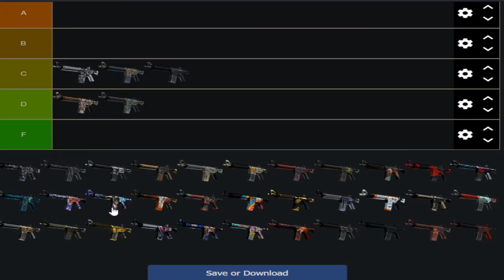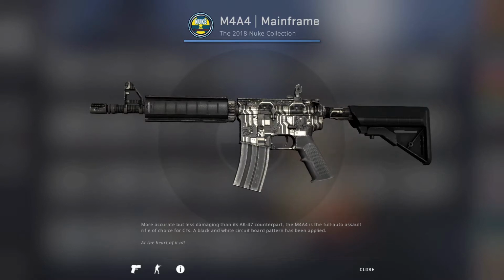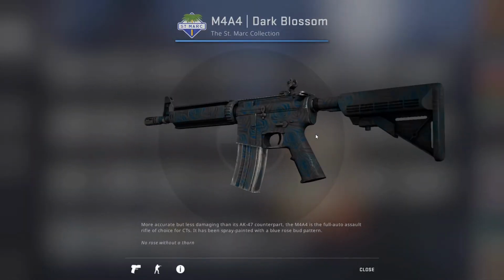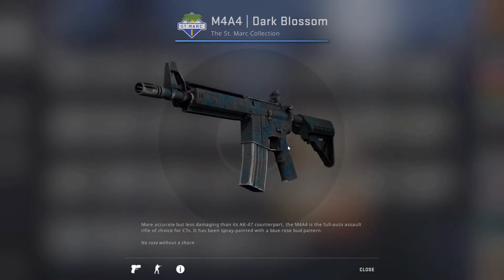The design is not... Maybe if it was on the whole weapon, it'd be better, but the fact that this is like half stock and half not, there's no reason to use this thing over stock, so it's definitely an F tier for me. Then we have the final industrial grade, the M4A4 Dark Blossom, which, another one I really